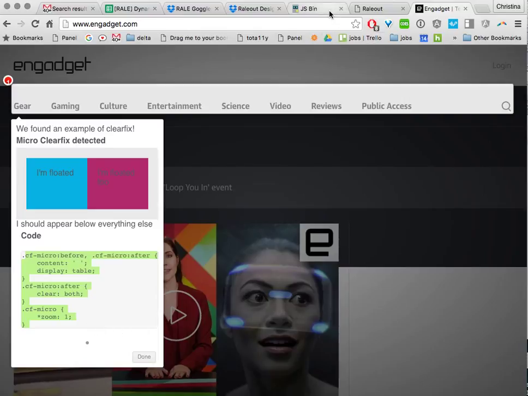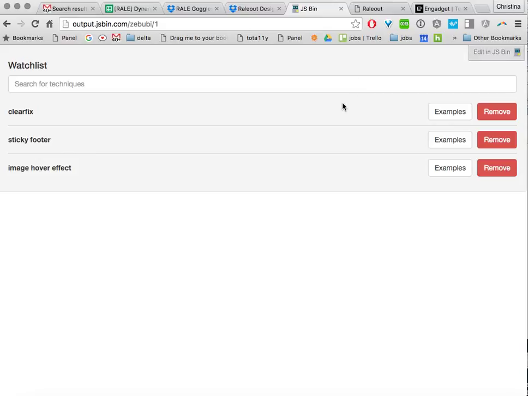We also worked on a learner panel, so this is where the user would actually be able to input the techniques that they wanted to do. So in this case, you have ClearFix. You can see examples of it. It's not working yet, but this is more like a watch list, so users can specifically identify which techniques they want to look at, which techniques they're hoping to find